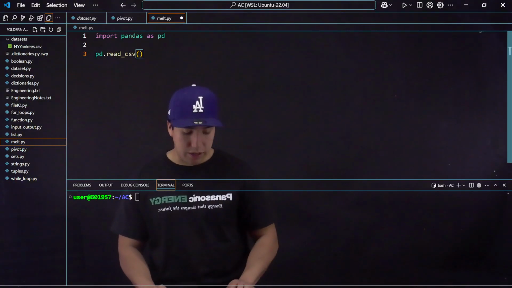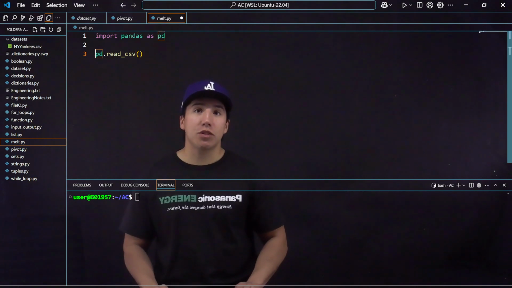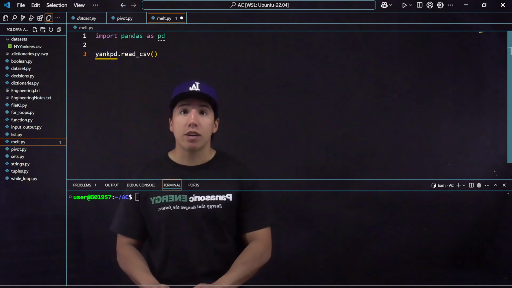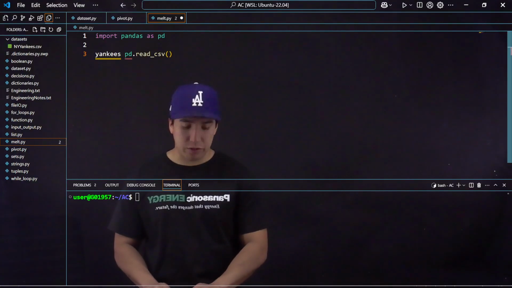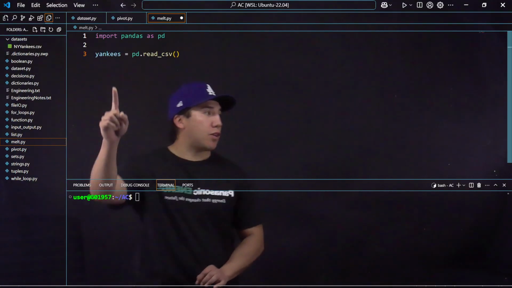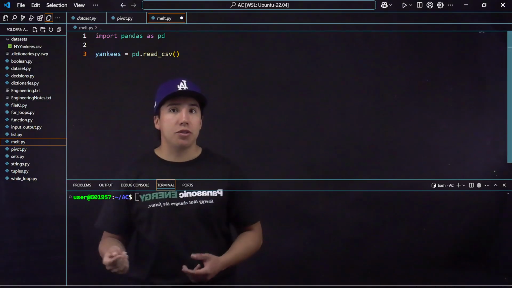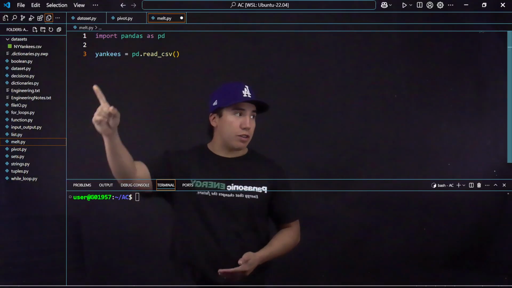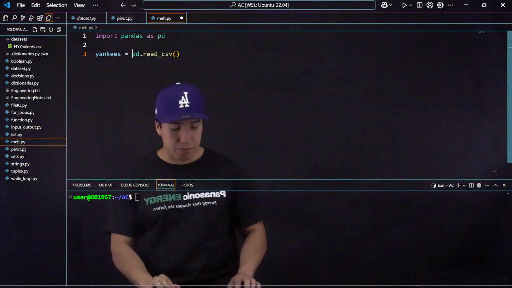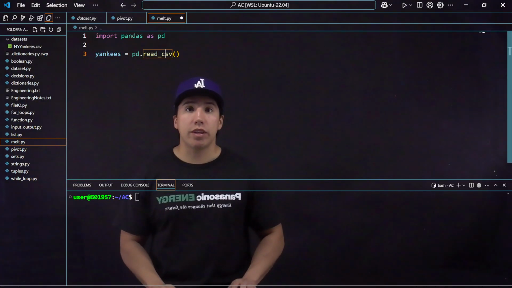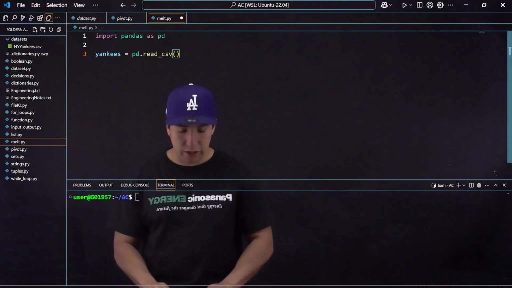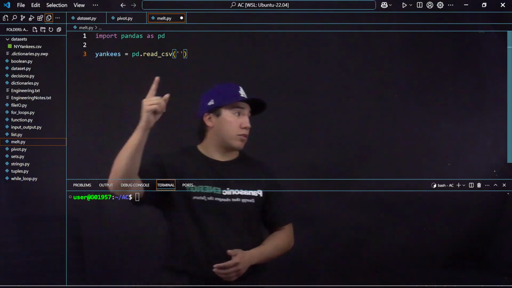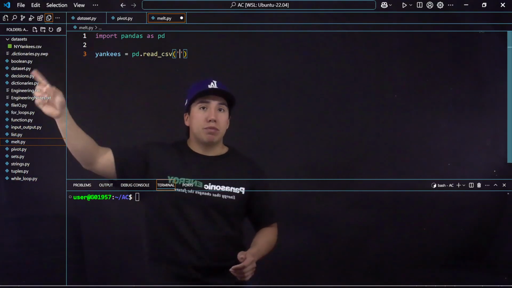Parentheses. And as you can see, I forgot to name it something, so let's actually name our data something. This can be named absolutely everything. This is just a variable we're creating. I've used df a lot in the past. A lot of people like to use df, but in reality you can use absolutely any variable name you want. So we'll call it Yankees, and then within here we put our quotes, single quotes, and we put our file